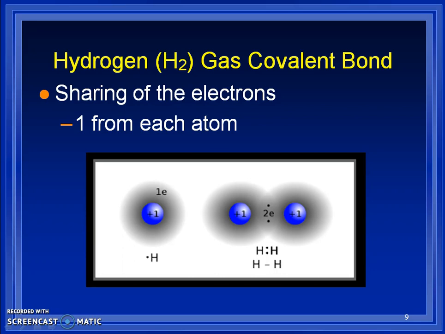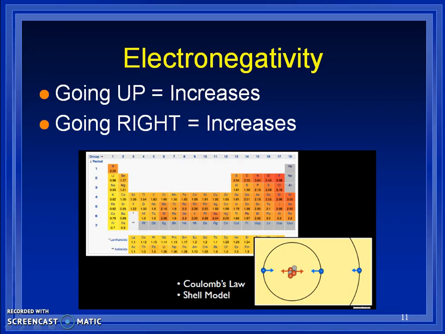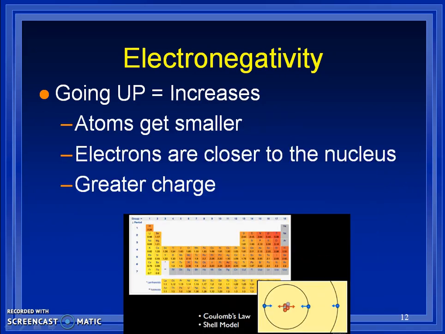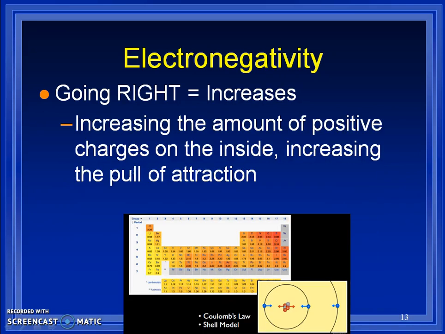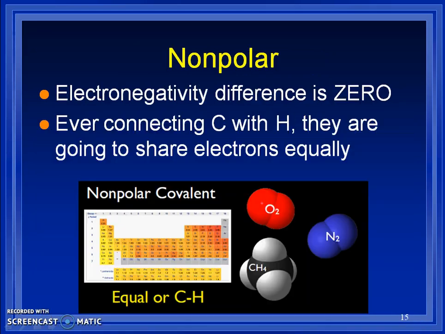He talked about hydrogen gas and how that is a covalent bond. He talked about carbon reacting with hydrogen to make methane gas and how that can form 4 bonds. He talked about electronegativity and the trends, again, down here with Coulomb's law. Again, the trend of electronegativity: fluorine having the highest electronegativity because it wants the electrons the most out of all those elements on the periodic